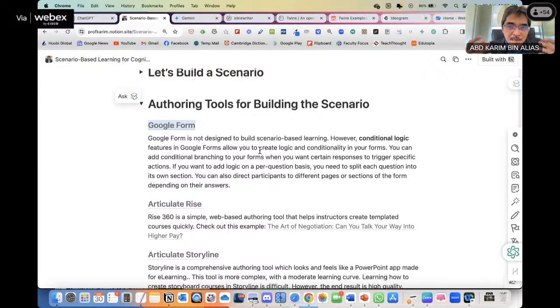So Google Form, I've shown you how to use Google Form to build the scenario. When I say building the scenario, that's the second step. The first step, we use ChatGPT to create the scenario, the story, the options, the feedback, the consequence. The second step is to build the scenario into the final form, which just now I have shown you using Google Form.